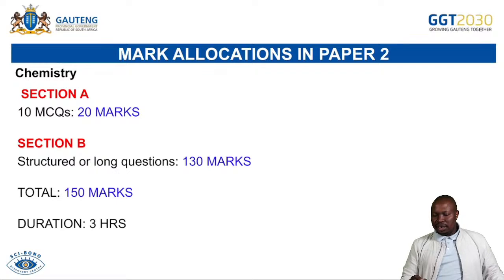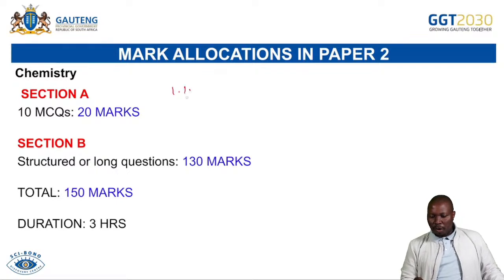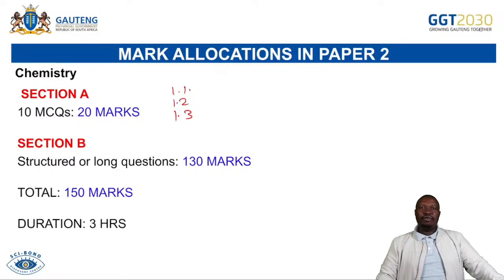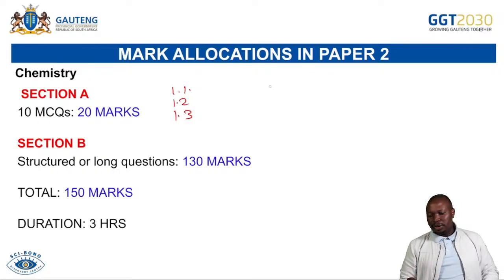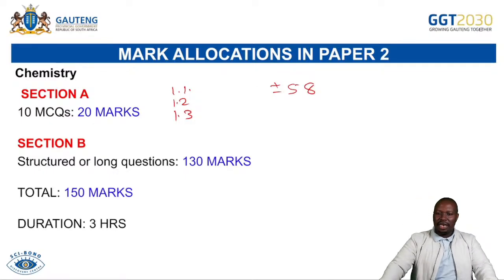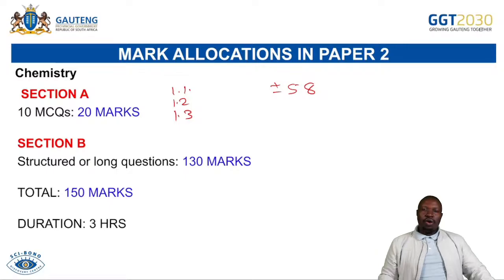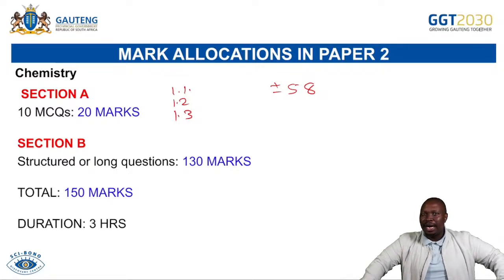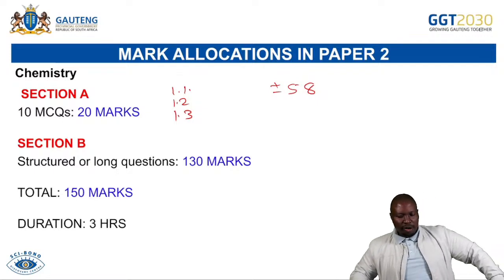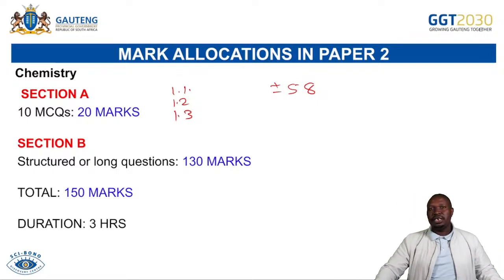So you are expecting that in your exam, your question 1.1, 1.2, 1.3 will be multiple choice from organic molecules. And 6 marks will come from there. Remember, this topic of organic molecules has plus or minus 58 marks in the exam paper. That is about 38% of the paper. So if you do very well in this topic, you are able to pass paper 2. If you get all that 58, you are having about 38%.